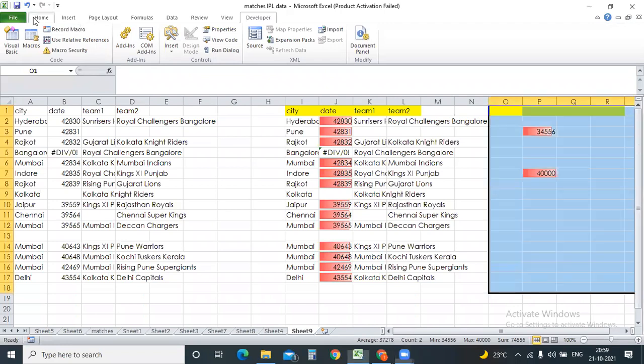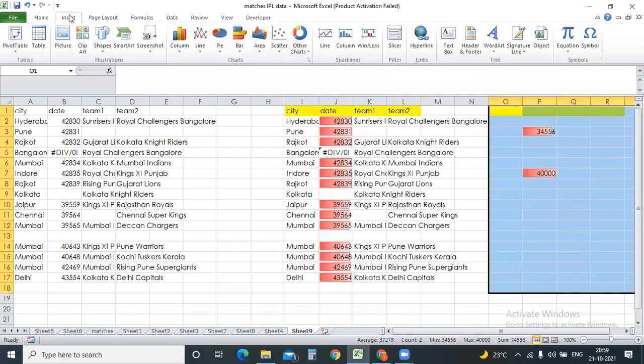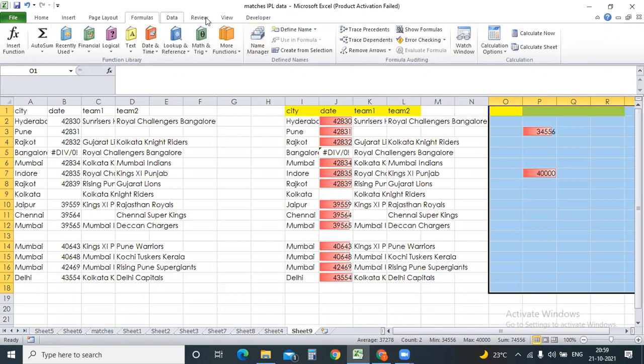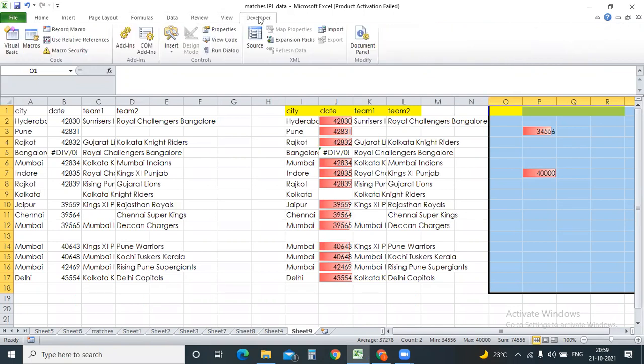And one more thing here. In some scenarios, I'm not using all the options. Guys, frankly speaking, no one will use all the options in day-to-day life, but you should be aware of what the things are and how to use them. If you are aware of at least 80-90%, that is more than enough. It doesn't mean that you need to understand each and every formula or each and every tab in Excel. You need to understand the overview so that it will be easy.